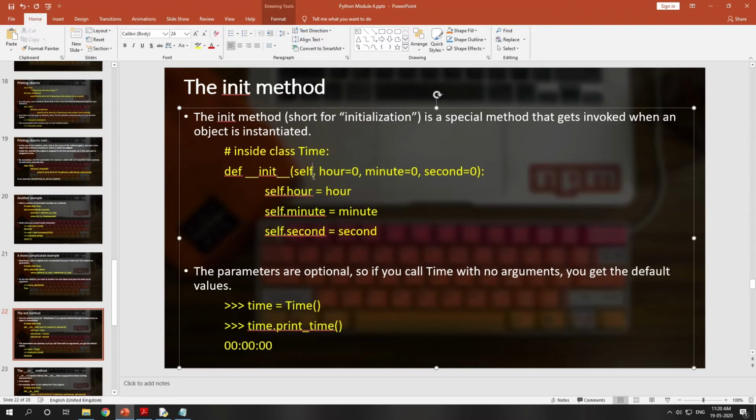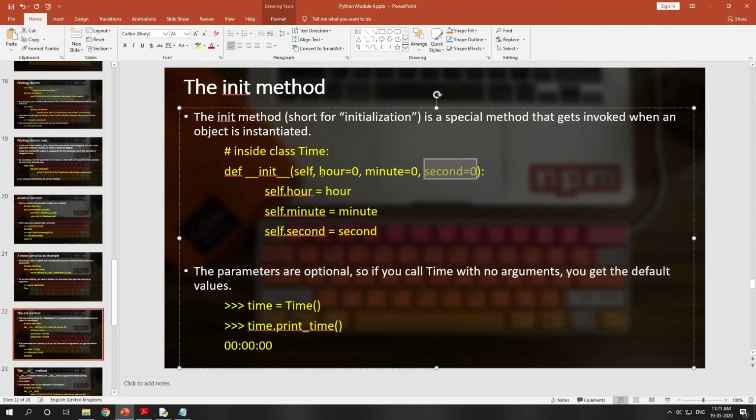Then it takes the self object, the same object of the class Time, and then it will have parameters that initialize the attributes. So hour will be initialized to 0, minute to 0, second to 0. It is confusing, right?